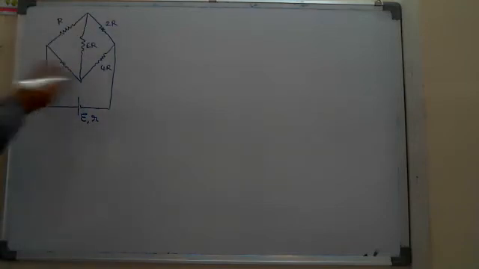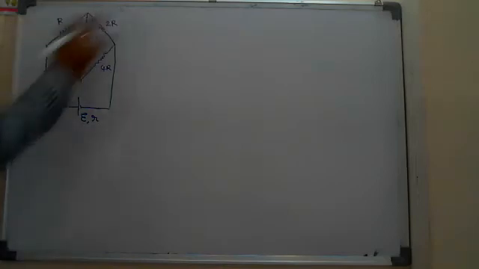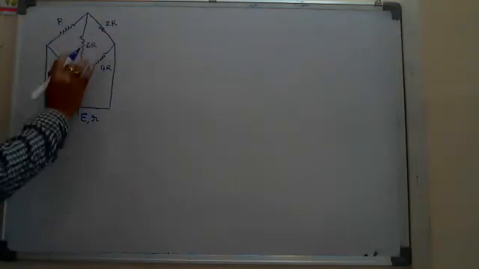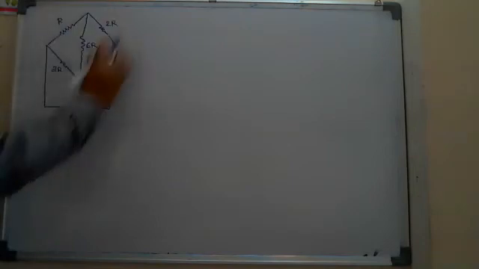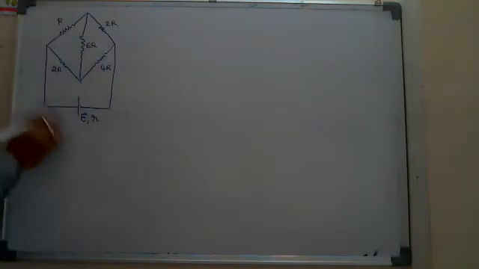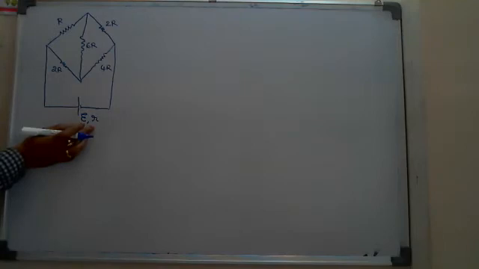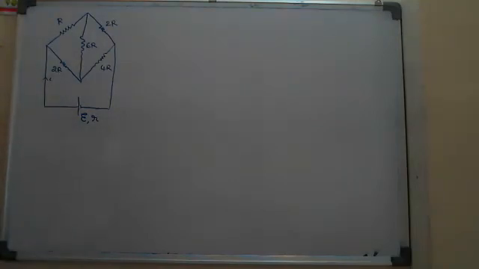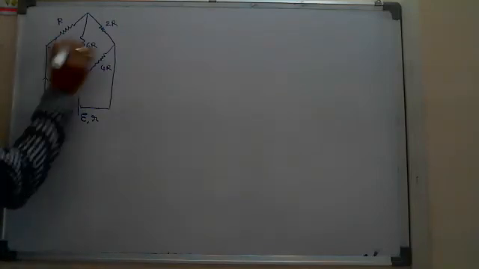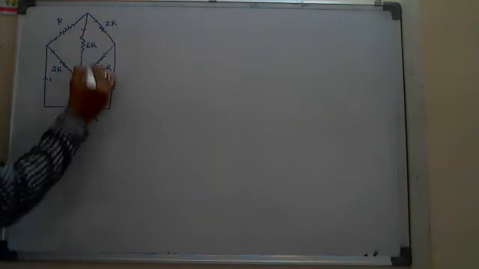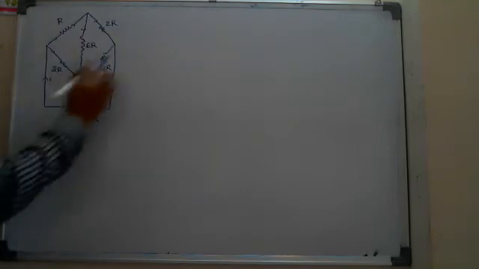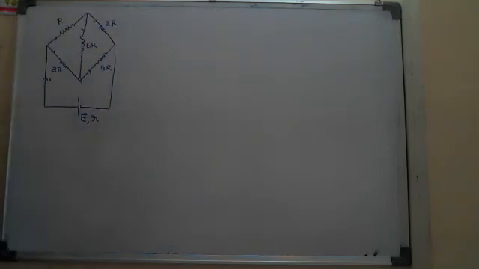Why? Because it appears like a perfect Wheatstone bridge. Because P by Q is equal to R by S. Happily, we can remove this 6 ohm, find the effective resistance, and knowing the E and R values, find the total current. If they ask, we can say very easily what the current through the branches will be. These two are equal, those two are equal, and the current through 6R is 0.